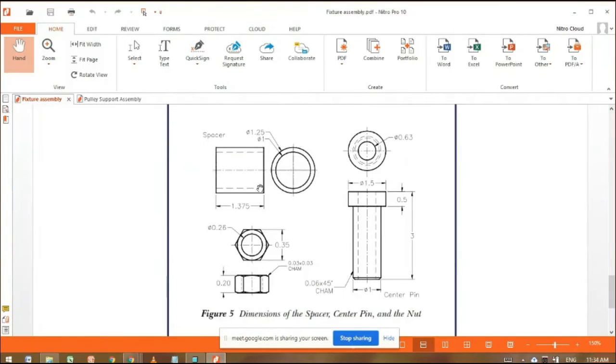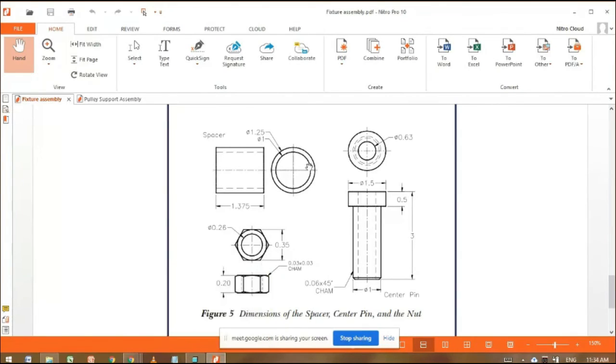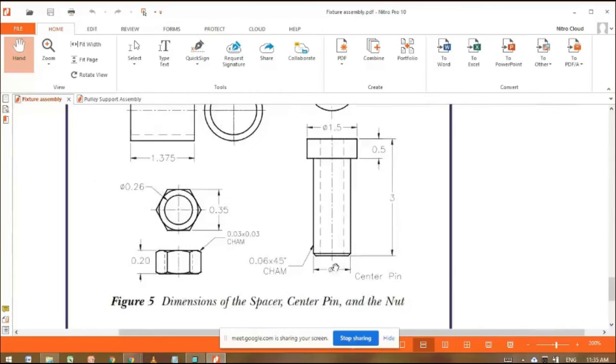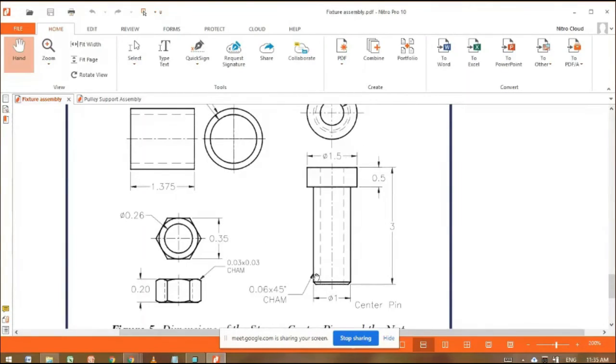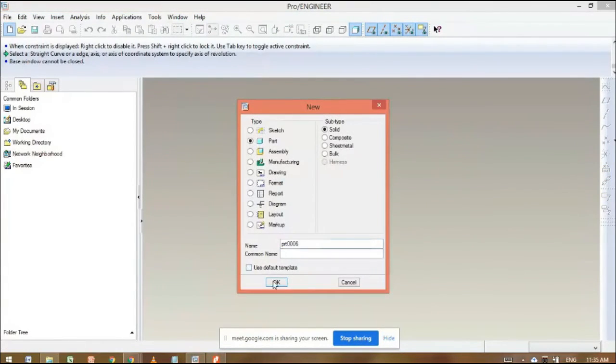Okay, this is the spacer, and we can draw the spacer by using the revolve command or by using the extrude command also. To draw this, we can use the extrude command easily. We can draw the two circles and we can extrude it. Otherwise, we can use the revolve command also. And here, one thing, this part we can draw by using the 3D modeling command, the revolve command.